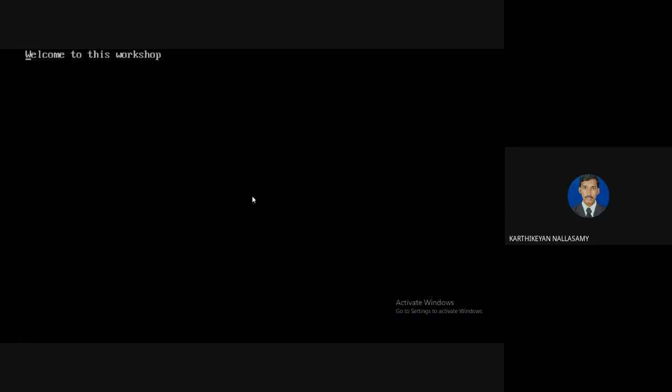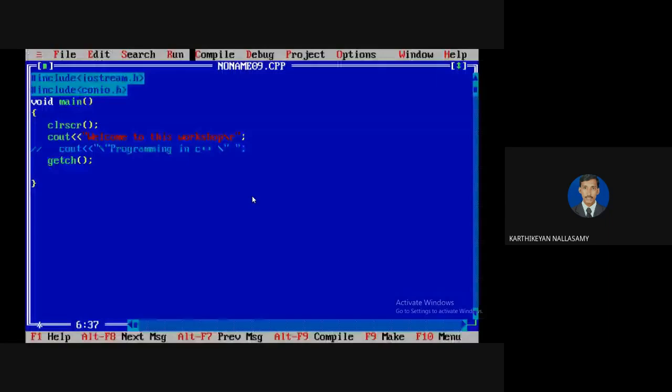If you are executing a slash R, the cursor always moves to the starting location of the current line. Then if you display something, as I told you, the cursor starts to print from the current location.